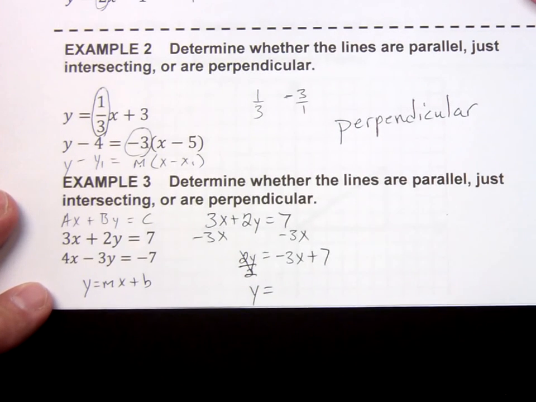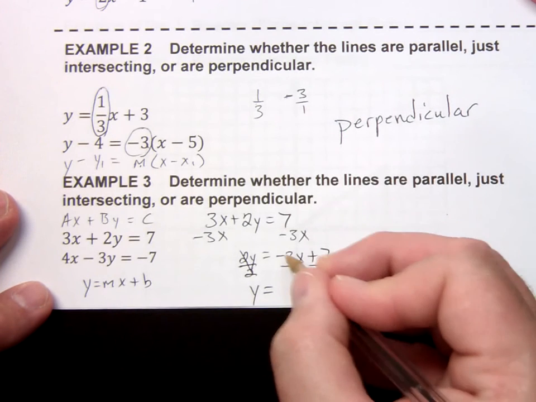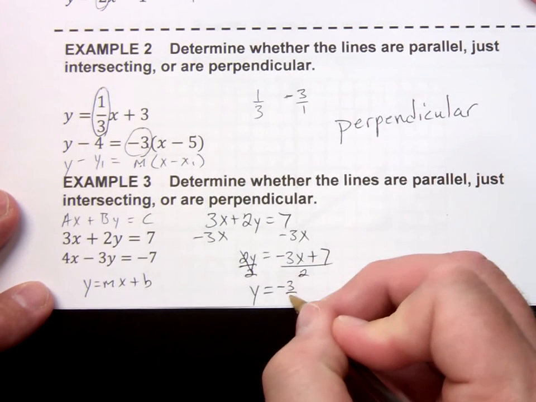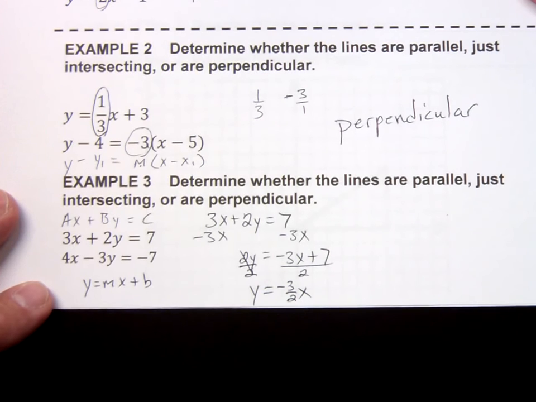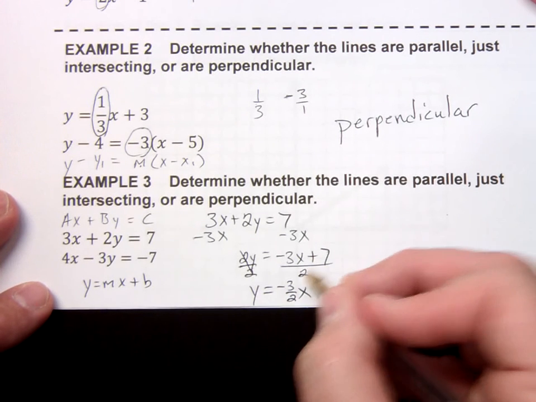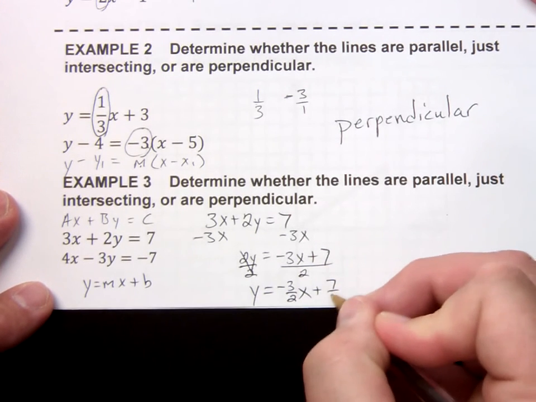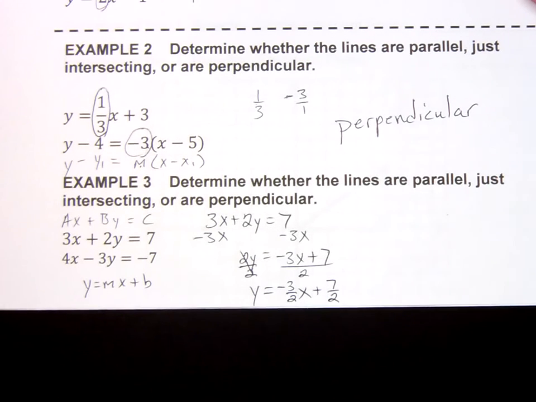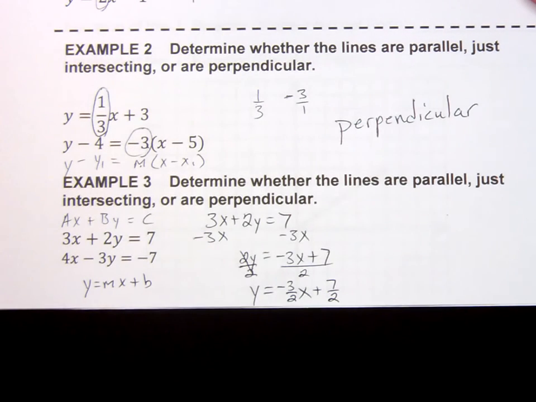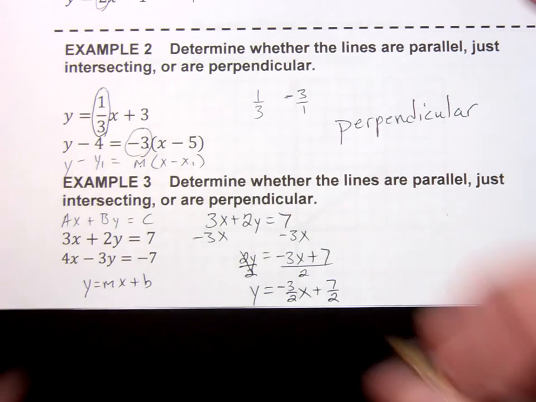If I do it on one side, I've got to do it on the other side. Make sure everything is divided by 2. Now 2 does not go evenly into -3. So I'm just going to leave it as -3/2 x, and then 7/2. Again, 2 does not go into 7 evenly. So I've got it in slope-intercept form, and the whole point of doing that was to identify the slope. The slope is